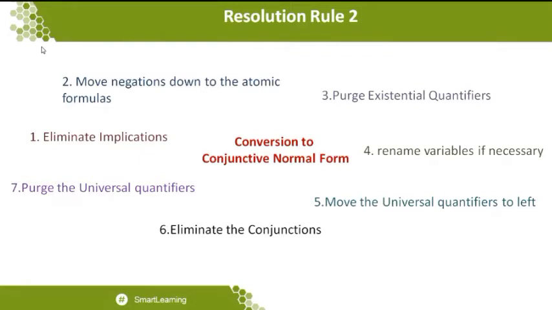And the sixth one, eliminate the conjunction. This is a very important one. What I just told, that when you are eliminating a conjunction, definitely that statement will be very useful for you once you go for the resolution, because the conjunction is what makes a connection between one fact and another fact. Once you break down that particular conjunction, at that moment you will get two sets of facts. So depending upon what my proof is, maybe one set of facts will coincide with my fact, or one set of facts will coincide with my proof.